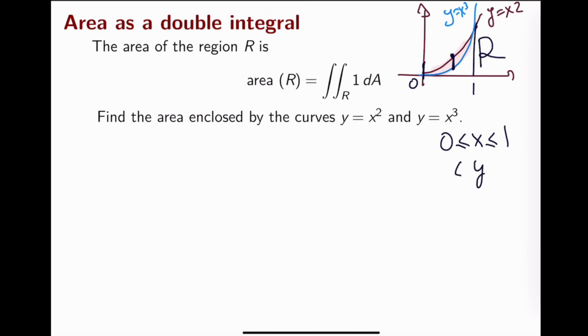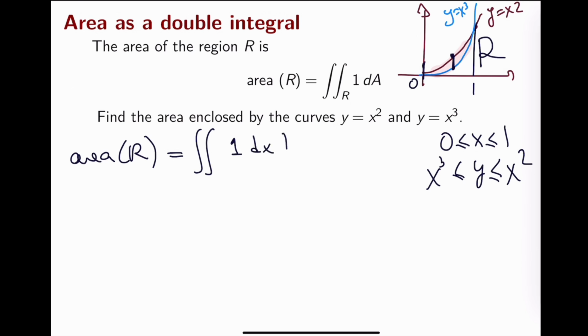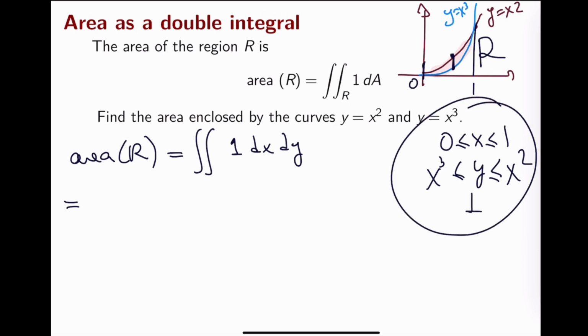The y will vary between the blue function, which is x cubed, and the other function, which is x squared. So to calculate the area of the region will be then to calculate the double integral of just 1 dx dy. So in this case, describing the domain as a domain of type 1,